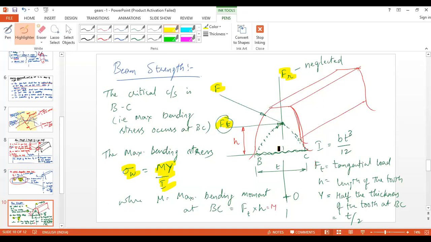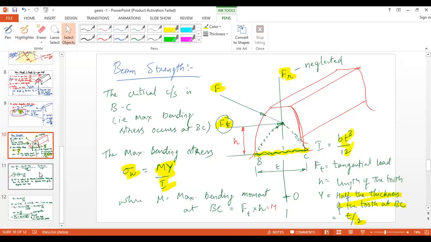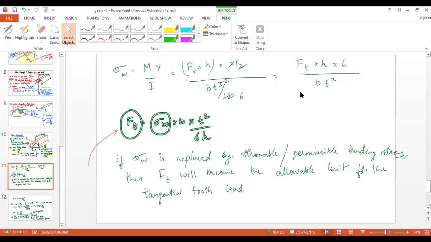So we can consider this beam as fixed along the line BC. The maximum bending moment is Ft into h, that is the force multiplied by the perpendicular distance. And y is half of the thickness of the gear tooth at the critical cross section, that is T by 2, h is the length of the tooth, Ft is the tangential tooth load, and I is BT cubed by 12. Upon substituting, we got an equation which represents